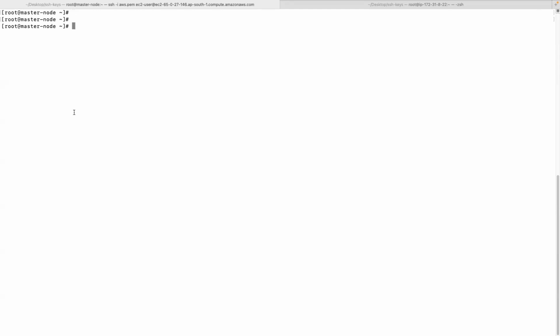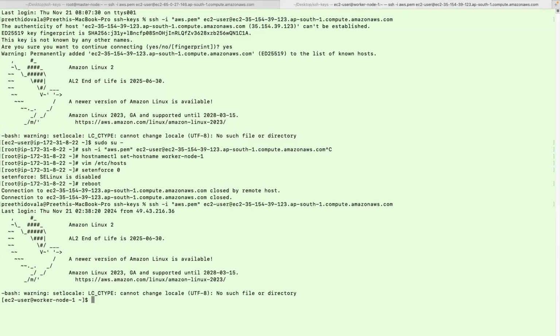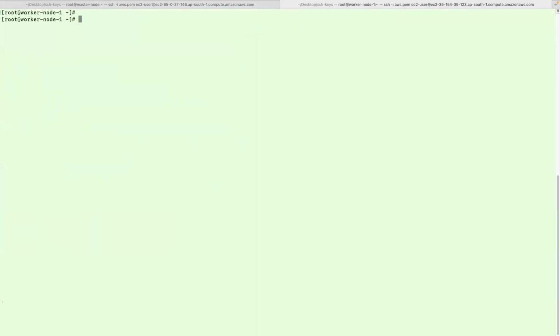Right. So yeah, you can see the host name is updated. Similarly, let me check this node as well. Right, host names are updated. It is all good, perfect. Now let us install those